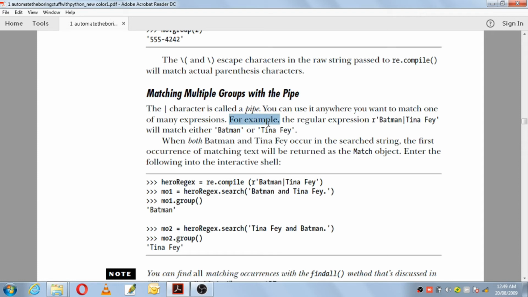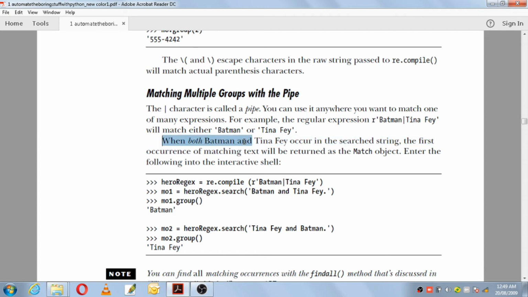For example, the regular expression Batman pipe Tina Fey will match either Batman or Tina Fey, not both. So you have an expression here, Batman pipe Tina Fey. So it will match one of the many expressions if you are using a pipe character.